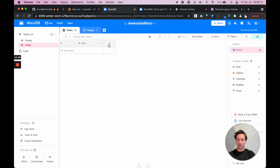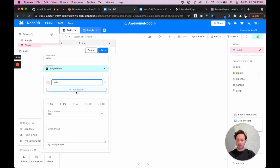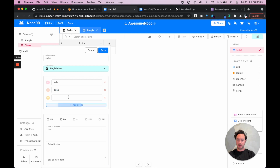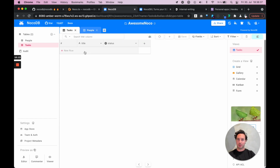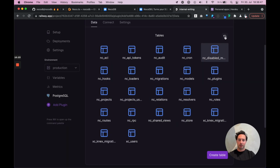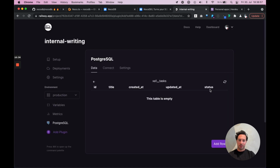And now we can also add, let's call it status, and we need to prefix the status options here. Let's do it simple: to do, doing, done. And we add the status column to our database as well. And while this is updating in the front-end interface, it actually has to run a migration on the backend. And we can see that when we refresh our table, the tasks and people tables have been added here. And while there's no data yet, we can see that the columns are status and title for the tasks,